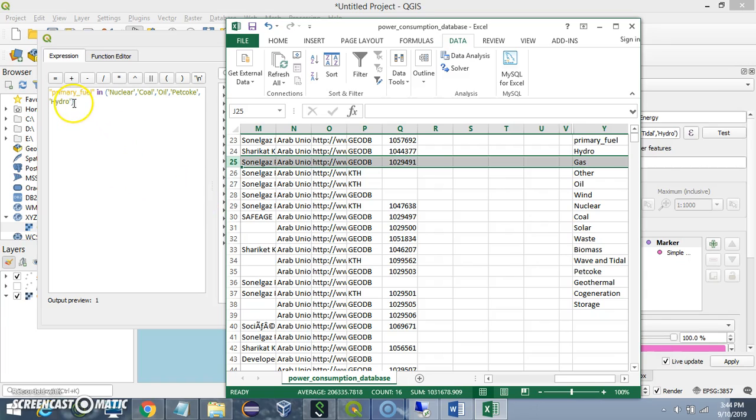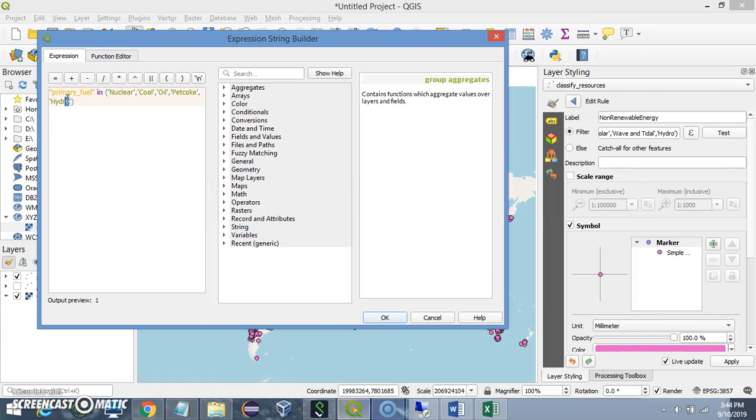What I'm trying to do here is instruct QGIS that anytime it comes across the variable names nuclear, coal, oil, and pet coke in the primary fuel column, label it as non-renewable energy. So I'm going to click on OK,